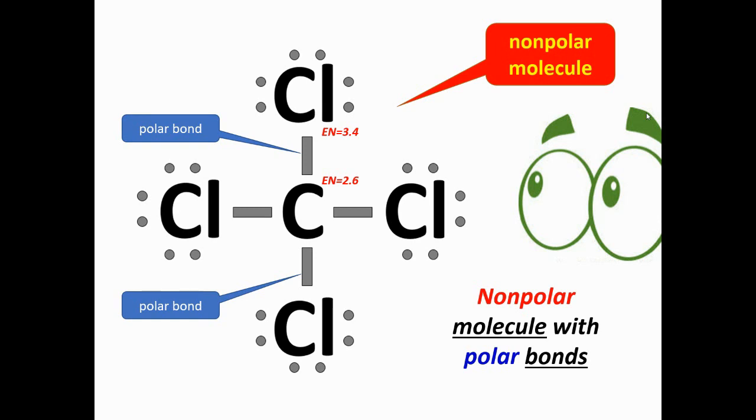Now you may be saying, big deal, but this will trip you up later, okay? You can have something that has polar bonds, but overall it's a non-polar molecule. When you're reading about things like this, you have to be careful. Are they using the word polar to talk about a bond, or are they using the word polar or non-polar to talk about the whole molecule? So be careful. Are you thinking about a bond being polar or non-polar, or are you thinking about a molecule being polar or non-polar? So you can have a non-polar molecule that's made up of polar bonds if they all balance each other